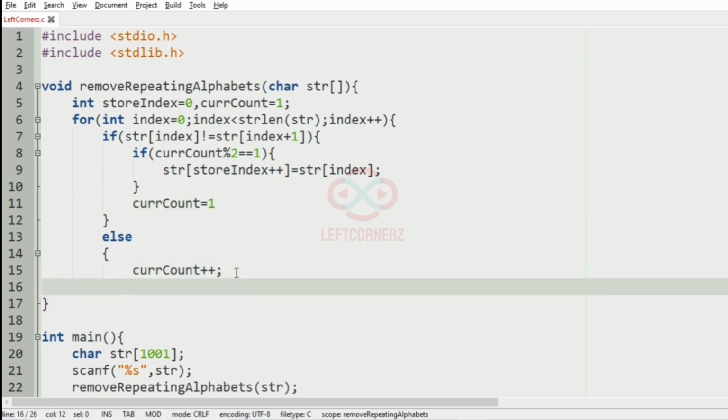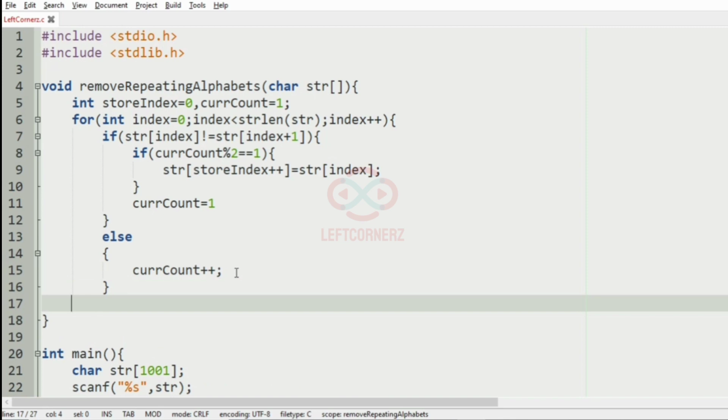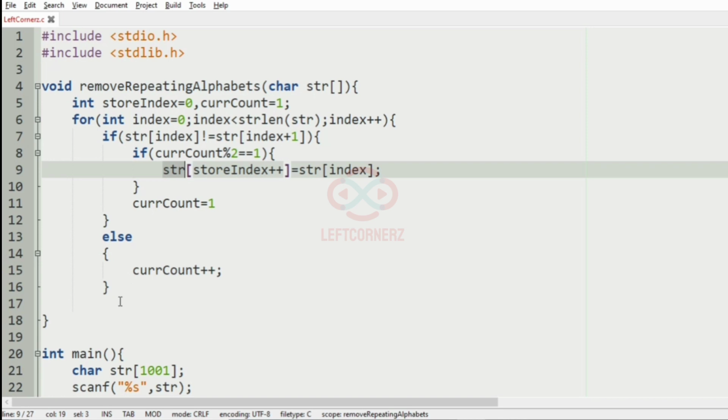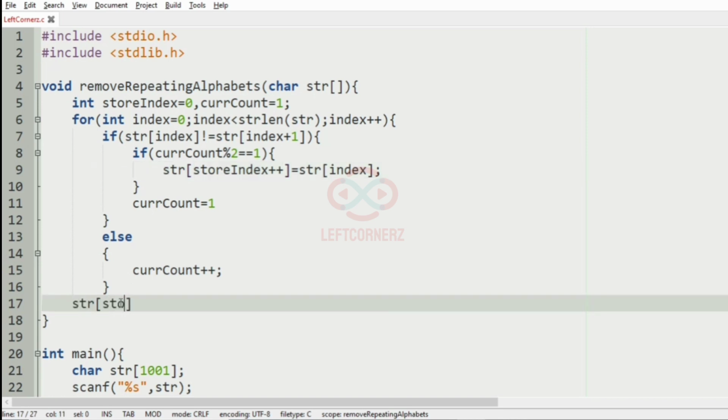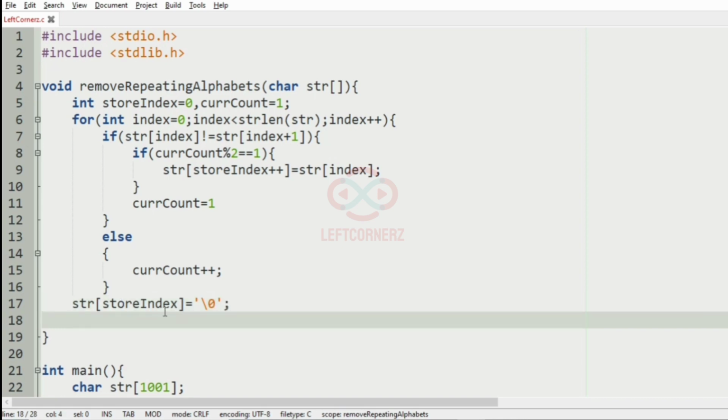So after this, we'll have a null character, that is str of store index equal to null. Then after that we have to check until we get no recurring alphabets, right?